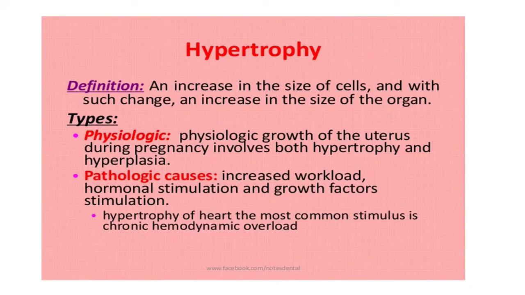So hypertrophy of the heart, the most common stimulus is chronic hemodynamic overload. So let me give you a typical example. The people or the guys who gym or the ladies who gym. If you have a single room and you are going to buy a generator, I'm not sure you are going to buy a very big plant. It's a small generator that you need for a single room. But when you move to a mansion, let's say a 5-bedroom house, that small generator cannot power the 5-bedroom house. So it is our responsibility to change the generator to a bigger plant so that it can power it.